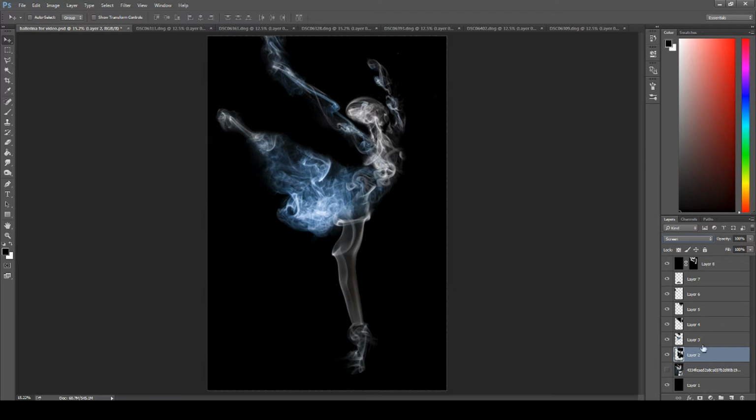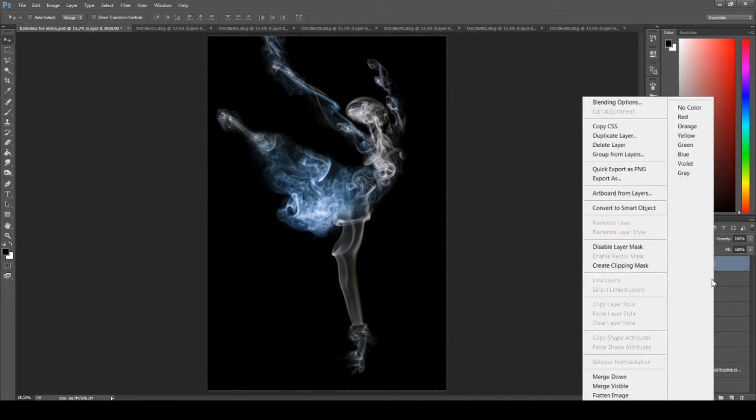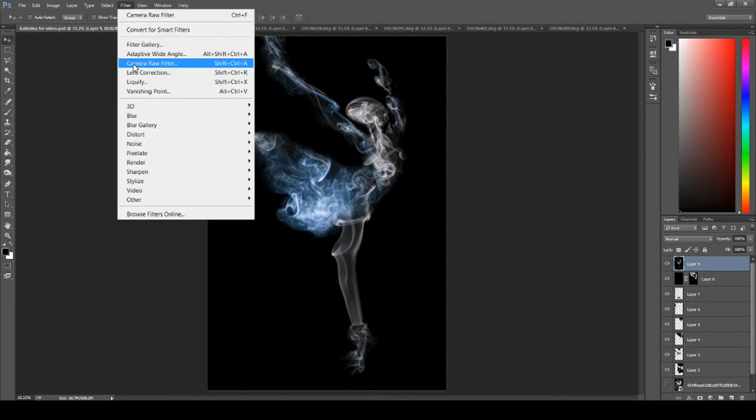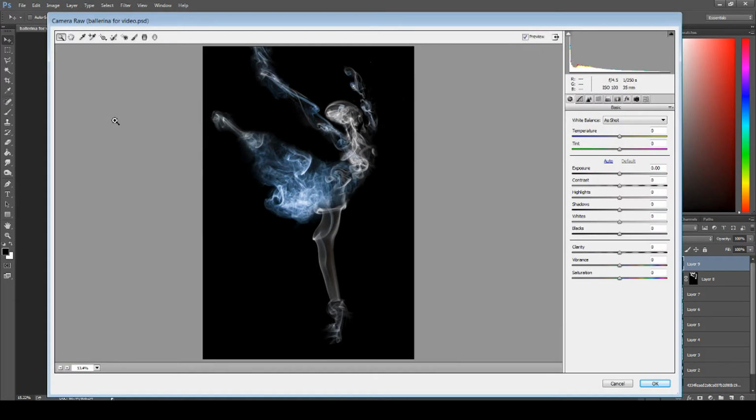Now we want to select the top layer, right click it, and go down to merge visible, but press it while holding Alt, and this will create a new layer on top, so we can come back to them if we need to. And this layer has everything on it, and we're going to go to filter and camera raw,